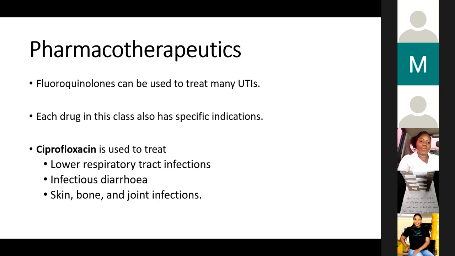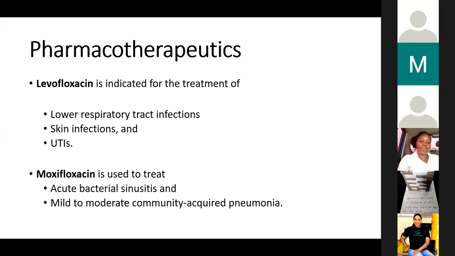So they are mostly used to treat urinary tract infections, but each drug has its own specific indication. Cipro is usually used to treat lower respiratory tract infection. So you can actually use cipro to treat pneumonia. It's also commonly used to treat infectious diarrhea, skin, bone, and joint infections. When it comes to levo, it is used for lower respiratory tract infections as well, skin infections, and then urinary